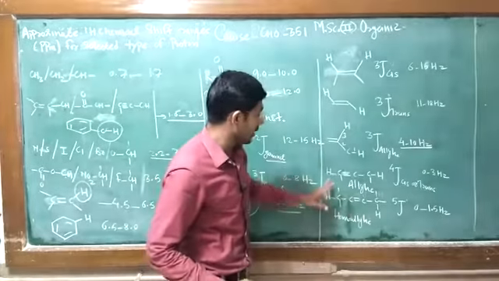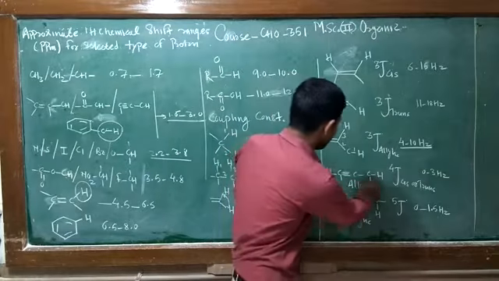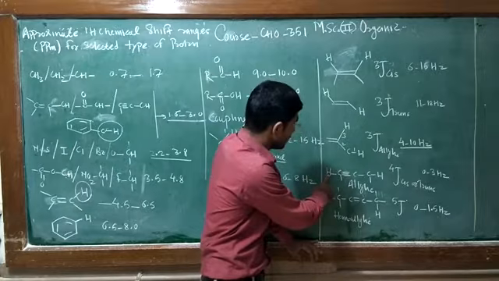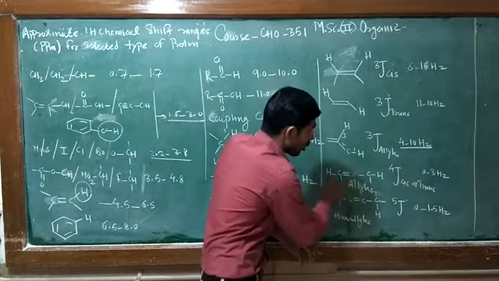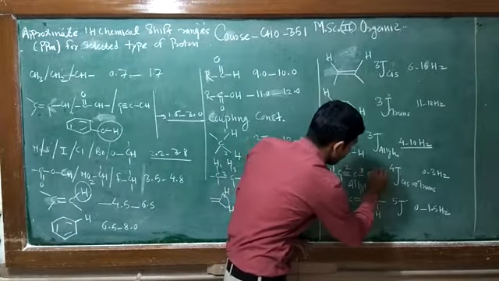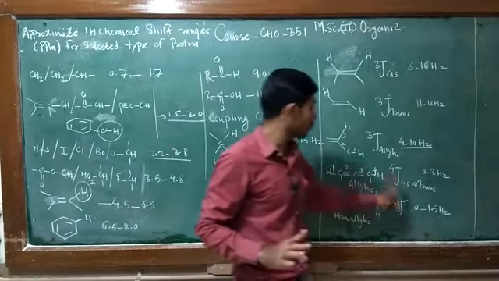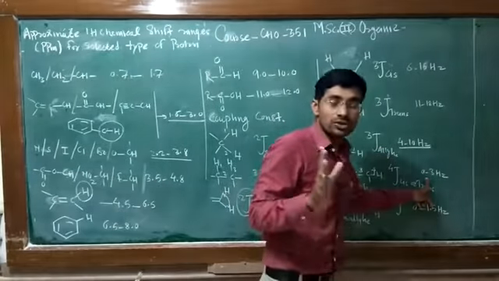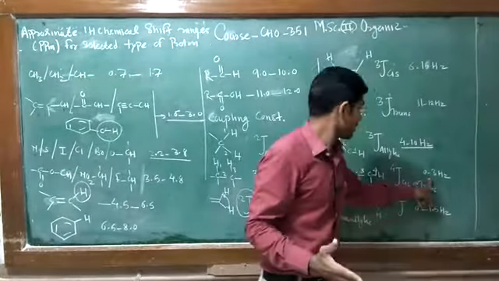Then allylic coupling on the opposite side, where one proton is an alkene proton and the other is an allylic proton on the opposite side, is a 4J coupling: 1, 2, 3 and 4. Coupling occurs through four bonds, so 4J, cis or trans, is 0 to 3 hertz. Then homoallylic means both positions are allylic on the opposite side. So the proton is coupled through 1, 2, 3, 4 and 5. So 5J is 0 to 1.5 hertz, a very small magnitude for homoallylic coupling.